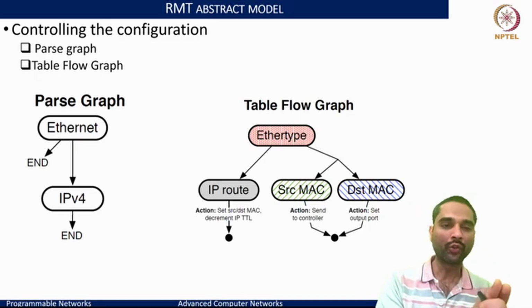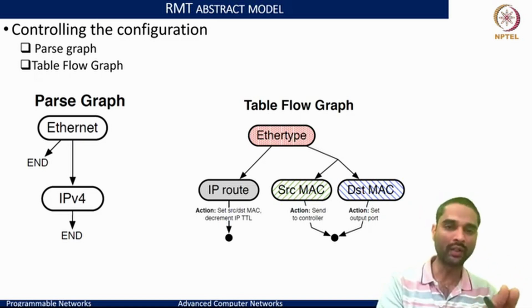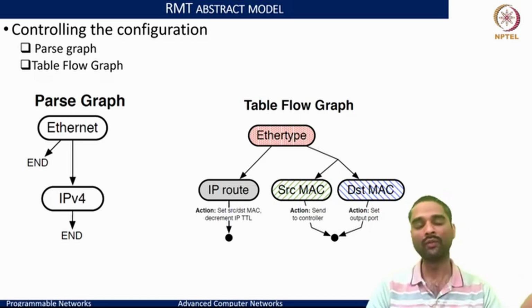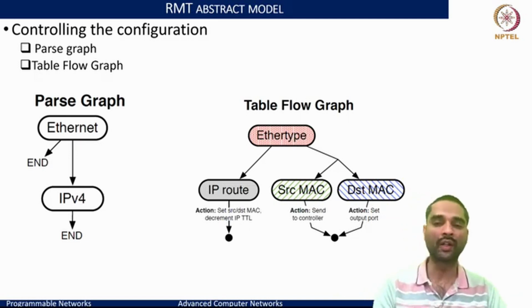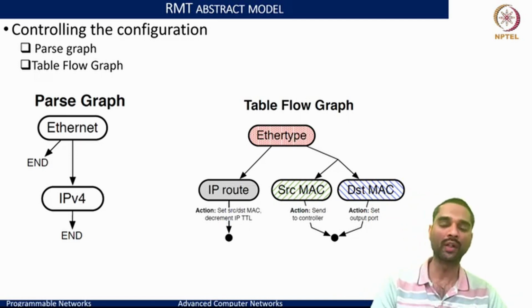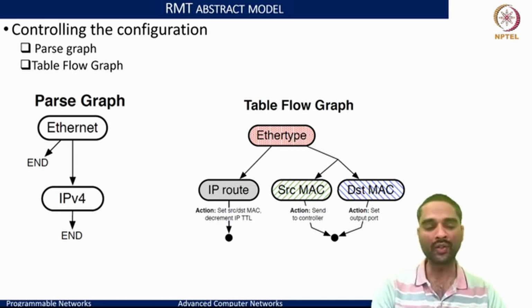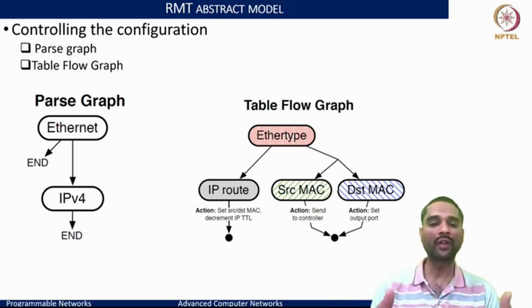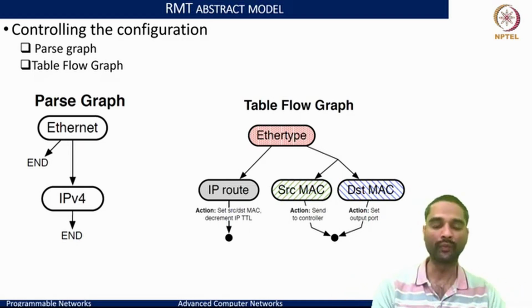Then there is an association of the state at Ethernet to do an action at the Ethernet layer. Like when I said we want to change the source MAC, then whatever the Ethernet data that we have parsed, the source ether, we have to replace that, and the action would be to take a replacement for that particular source MAC with a new MAC address. And when we parsed the IPv4, then the action could be IP route, or decrement TTL, or set source and destination MACs, and likewise. So the table flow graph dictates what kind of actions you want to take at each of these parsed entities,